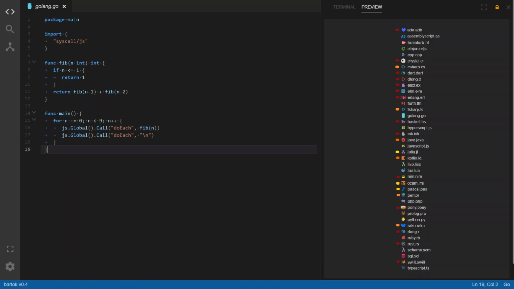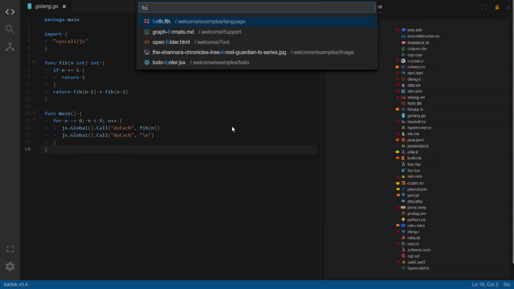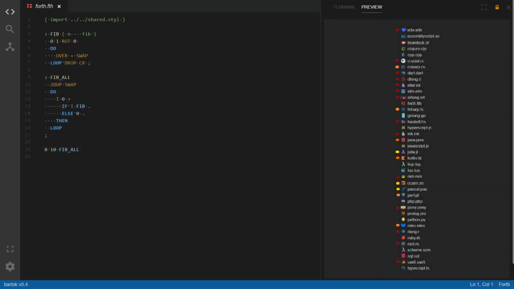One thing I don't have going on right now that I hope to get in the future: you see tabs here as the invisible character. And if you go back to fourth, you see spaces there. I don't really have it so that the editor is detecting whether spaces or tabs are being used, and I don't have a way to switch between those right now. It stays pretty much stuck in